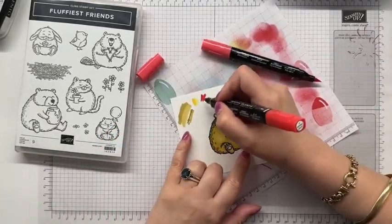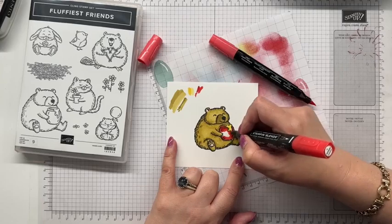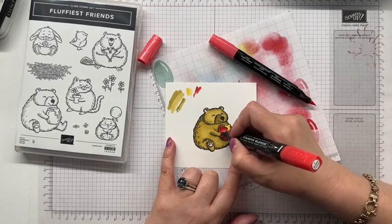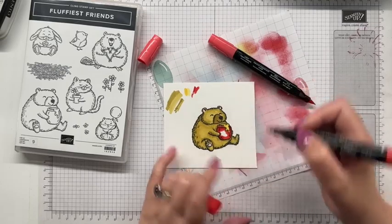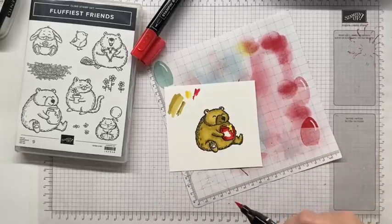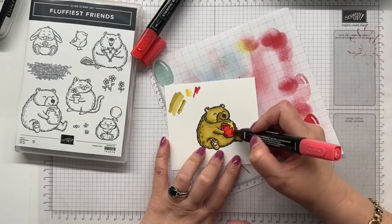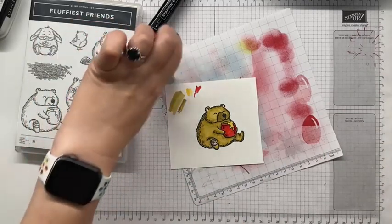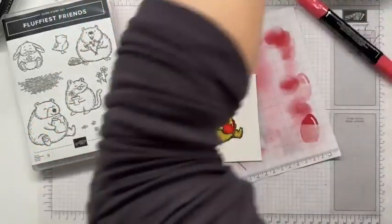Just going to use this. That's pretty good. Just go around here, pop some areas in here, so then I'm not worrying about going super close to the edge. I've got all those edges covered, and we don't have to worry. Okay, so then we just go in the middle, bit of pouncing here. Yay. Okay, we have that. Did have a little bit of red seepage into there,